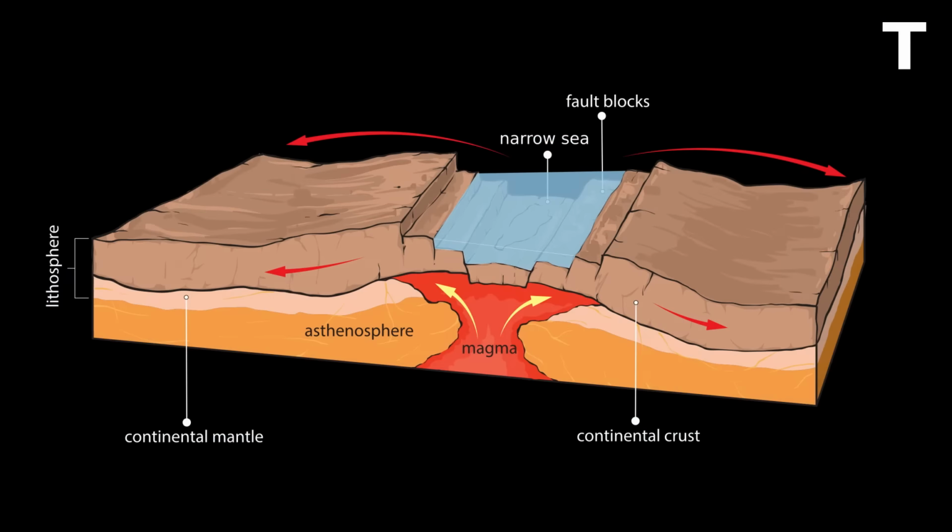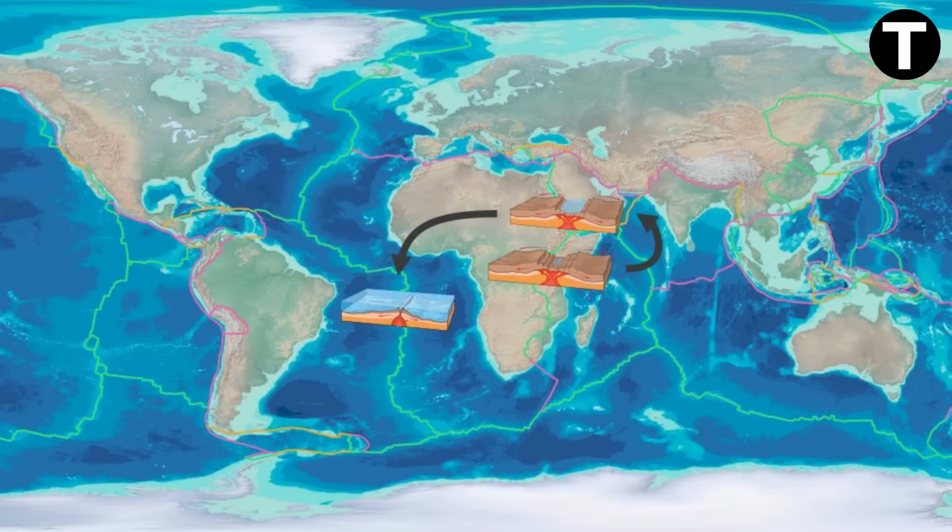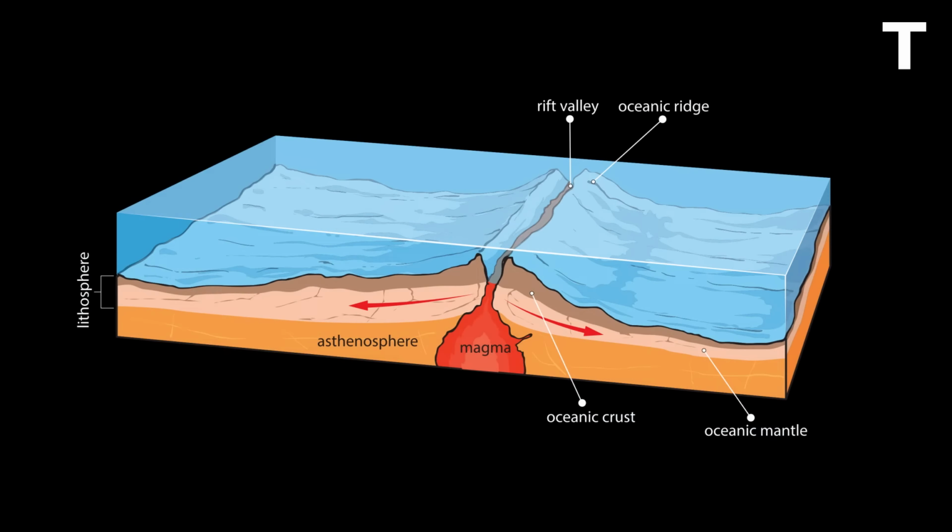During this stage, narrow seas with parallel coastlines begin to take shape. The Red Sea and the Gulf of Aden showcase the young phase, with spreading narrow seas between Africa and the Arabian Peninsula. In Phase 3, which we call the mature stage, the ocean basin truly comes into its own and